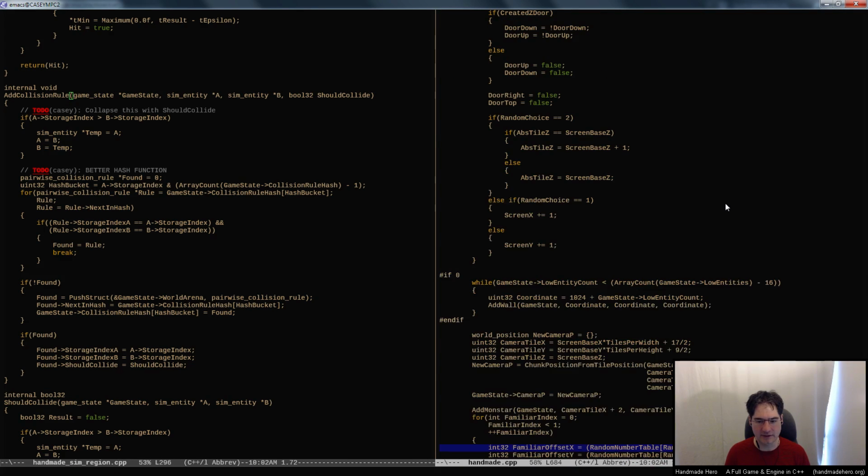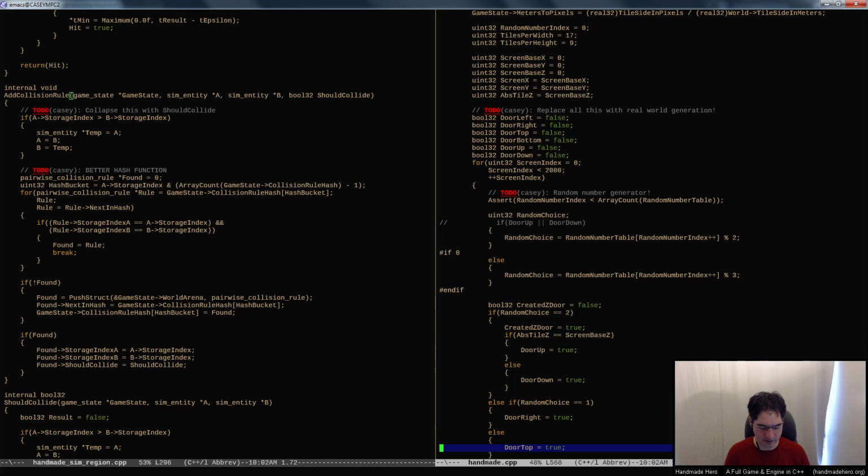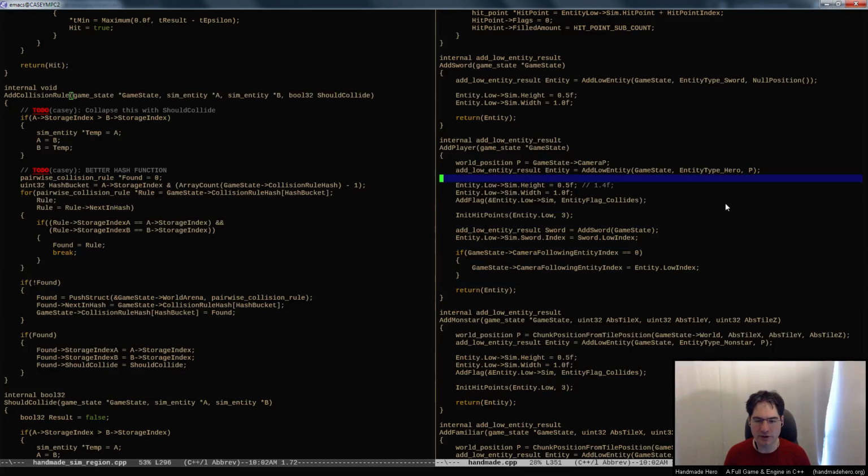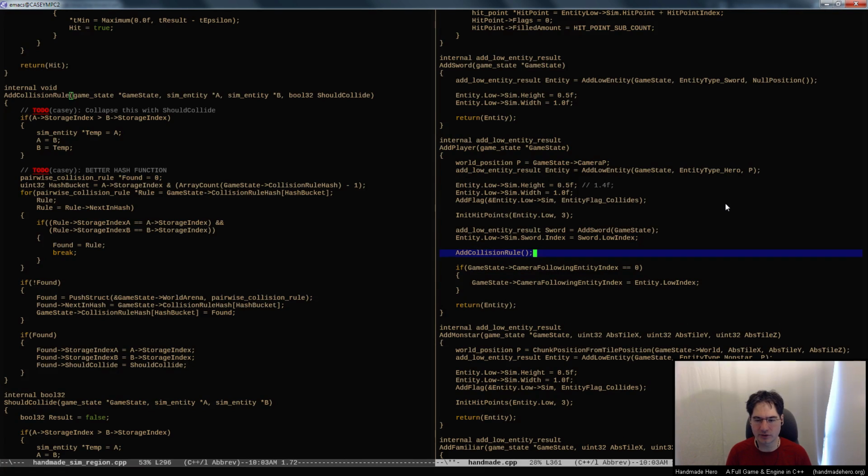Inside our handmade.cpp, when we actually create the hero, right? So when we do add player, what we could do is say, all right, when we add a player, let's go ahead and, because I think, don't we add a sword? When do we add the sword? There we go. We add the sword. So when we add the sword, let's go ahead and add a collision rule that basically says that whatever our sword was,